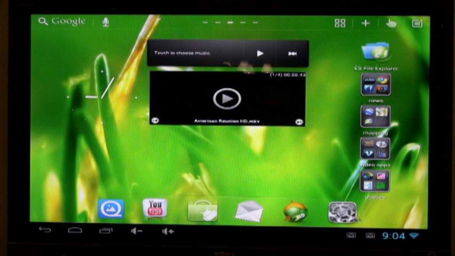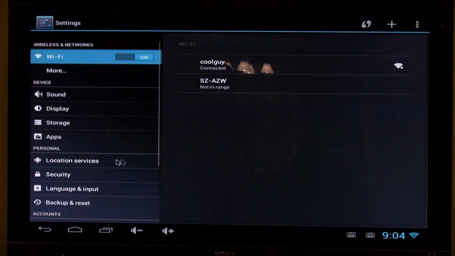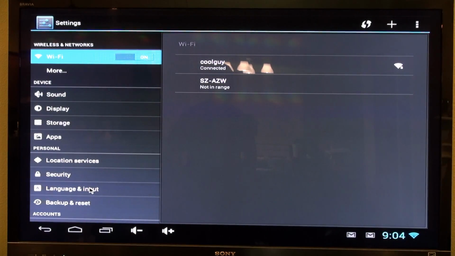This is my second video, so first watch the first one. It gives you an overview of all the features of the Android Media Player. This one, I've had some more time to use it, and I found a couple glitches and I wanted to